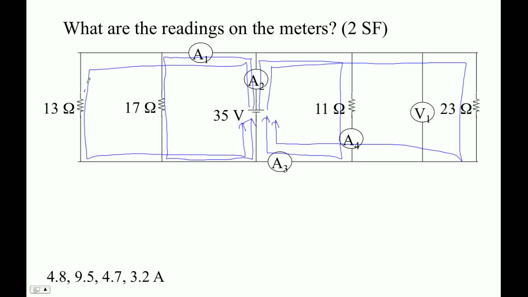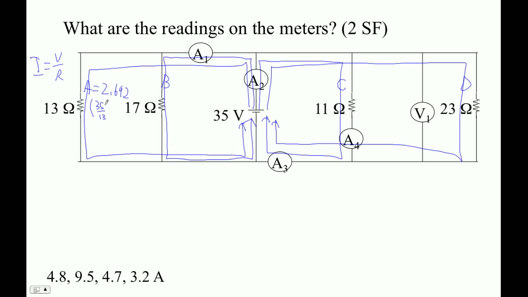I'm going to call this guy A, B. I'm going to call this guy C, and I'll call that guy D. Okay? And so A is 13. The formula I'm using is I is V over R, Ohm's law, right? So 35 divided by 13. I'm going to store that in A. That's 2.692. Right? And that's 35